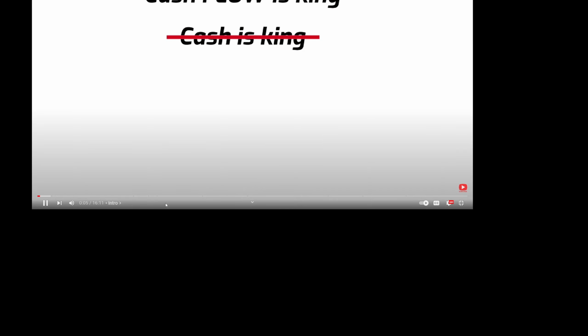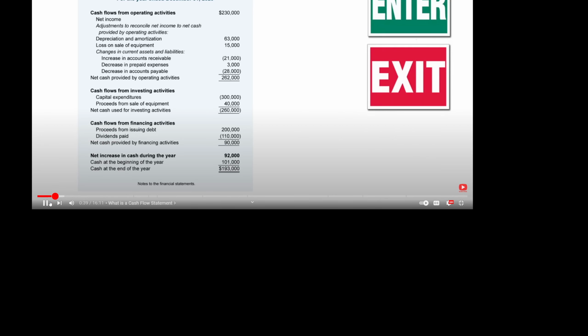There's an old saying, cash is king. However, when it comes to investing, cash flow is king. In this video, we are going to go over how to analyze a company's cash flow statement. Whether you're an investor just getting started, or if you've been investing for a year, think of the cash flow statement